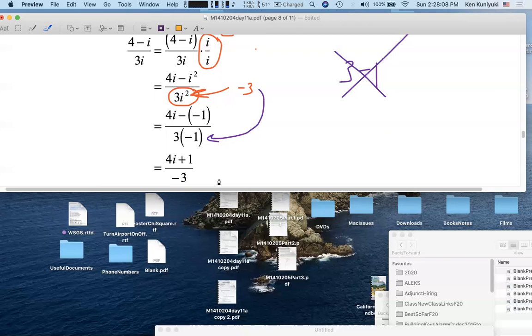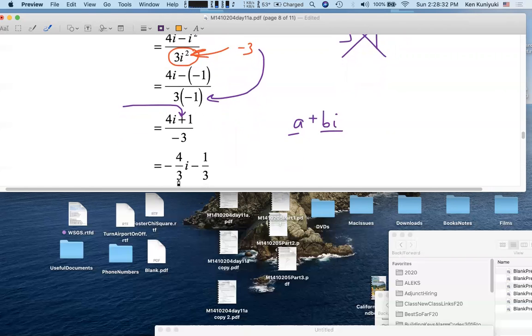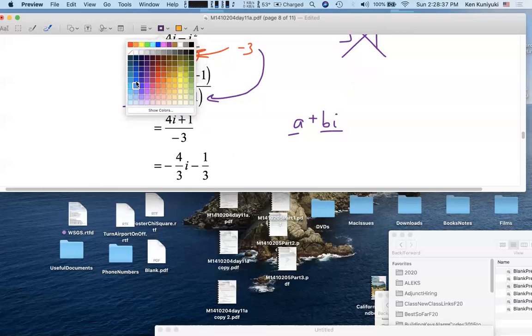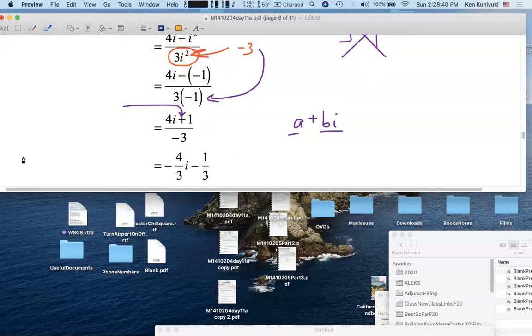Now, we're not quite done yet, because we have to write the result in standard form: a plus bi, where a and b are real. If b is negative, this will flip to a minus sign. All right. Well, first of all, we may want to split the fraction, because we want 2 terms here. So let's split the fraction. And some of you might actually want to do an intermediate step. Put another step in here. So this here equals 4i divided by -3